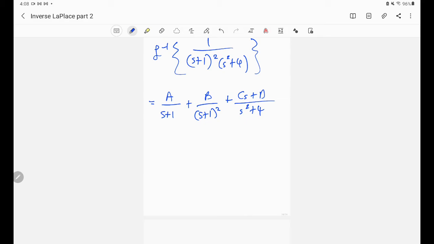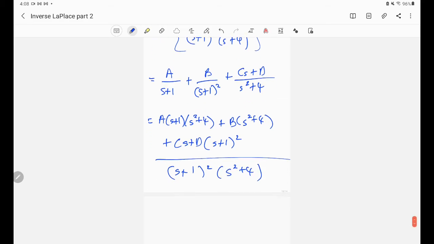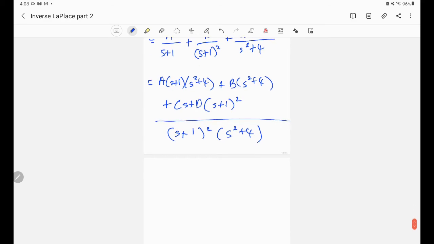Okay, so we do the normal thing first. We have to multiply up. This one is (s squared plus 4), then (Cs plus D) and (s plus 1) squared, and B times (s squared plus 4). Then we find what we can by setting